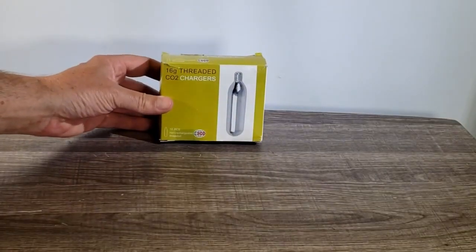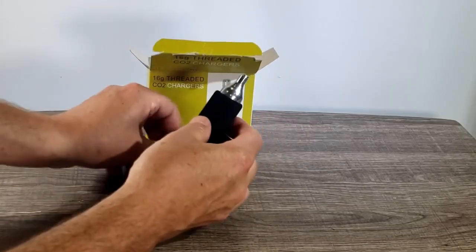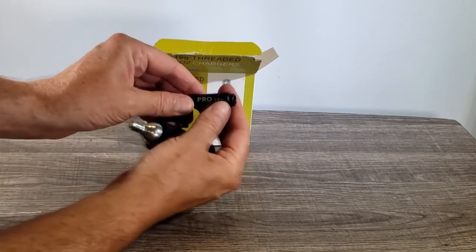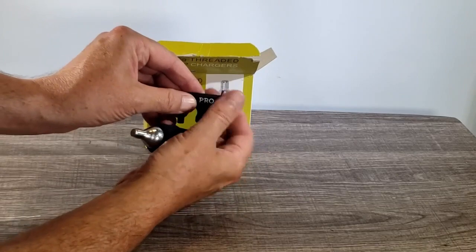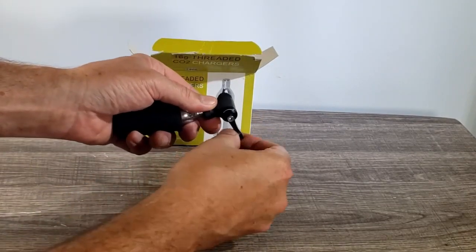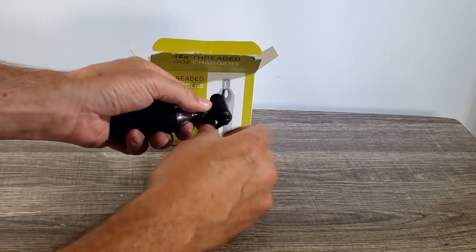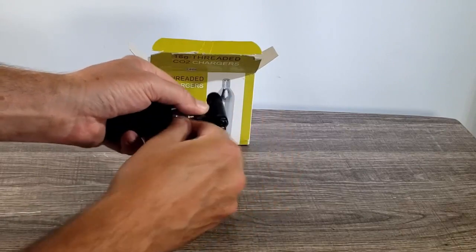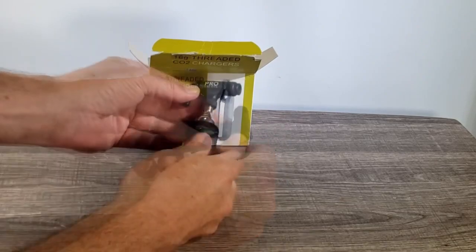It is important to note that this inflator does not come with CO2 cartridges, so you will need to purchase those separately. The inflator is designed to work with standard threaded cartridges that are readily available at most bike shops and online retailers. To use the Pro Bike Tool CO2 inflator, simply attach it to your bike tire valve and screw in the CO2 cartridge. Once the cartridge is punctured, the inflator will release the compressed CO2 gas into your tire, quickly inflating it to